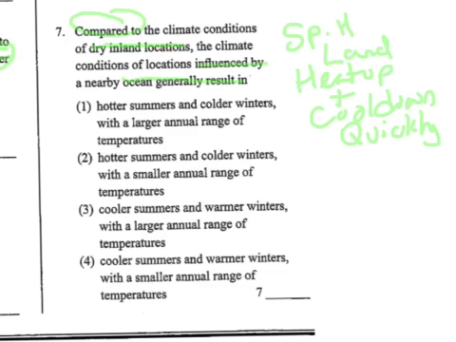So if we know land's going to heat up quickly and cool down quickly, what does that mean in the summer? If land heats up quickly in the summer, we should expect that we are going to have warm summers. And if it cools down quickly in the winter, we should expect that we have cold winters with a large temperature range. So if we're talking about ocean climates or locations near the ocean, we should expect the opposite effect because the specific heat of